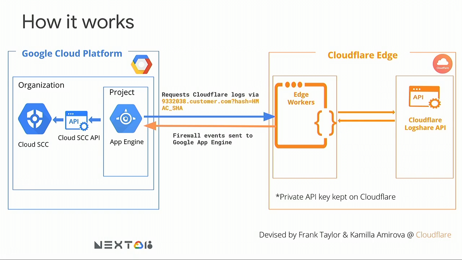So it runs quite fast, and also very important, on top of all that functionality, we very much care about security. This is very important: both systems won't expose their sensitive data. So the private API key that's used by edge workers to download the data from Cloudflare edges remains within the system, as well as Google Cloud